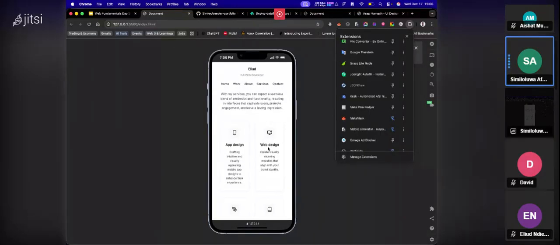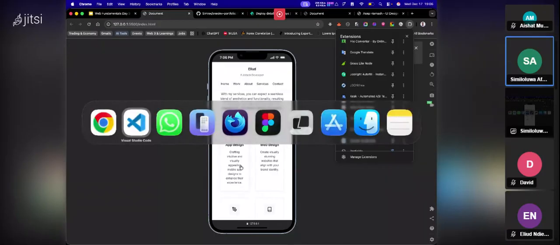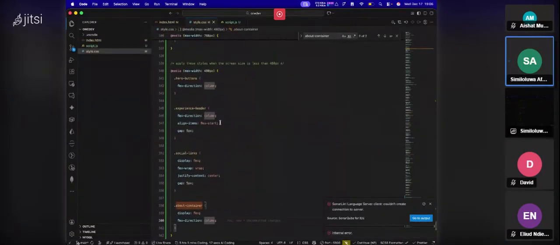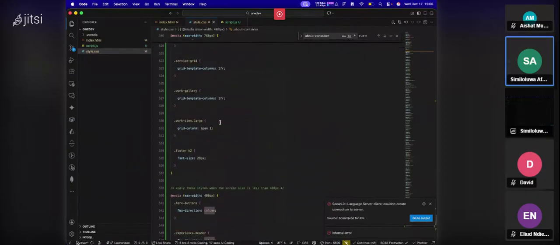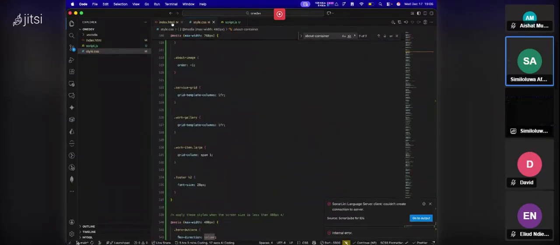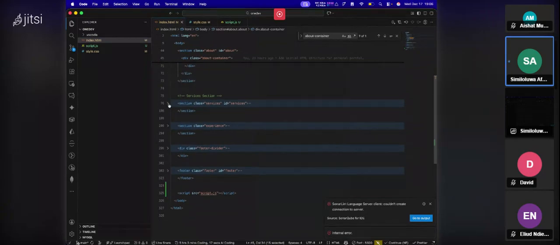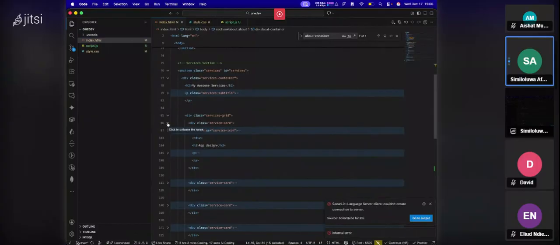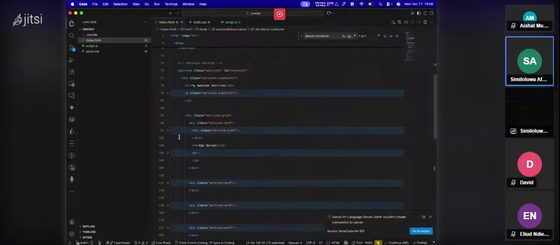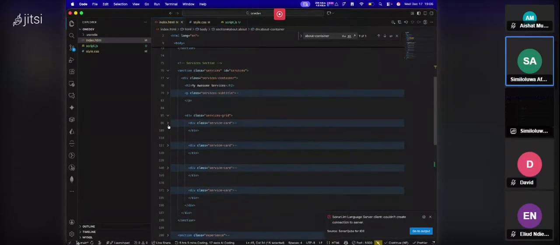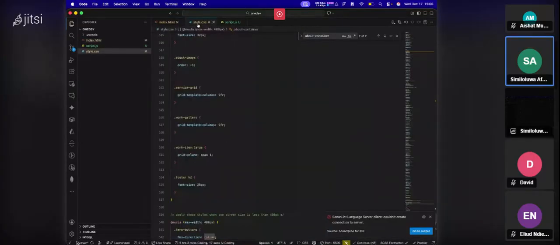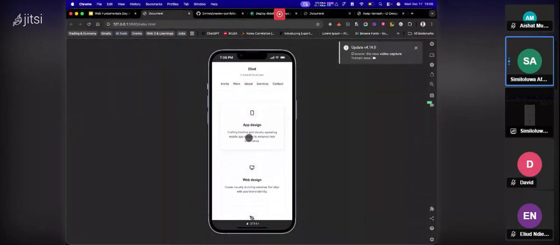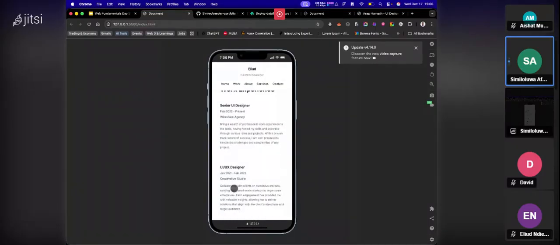All right, let's see. This one still looks a little bit shrunk. Let's see what we can do about this. This is under the services and under service grid. Okay, I used service grid instead of services grid. That was why. Okay, okay,